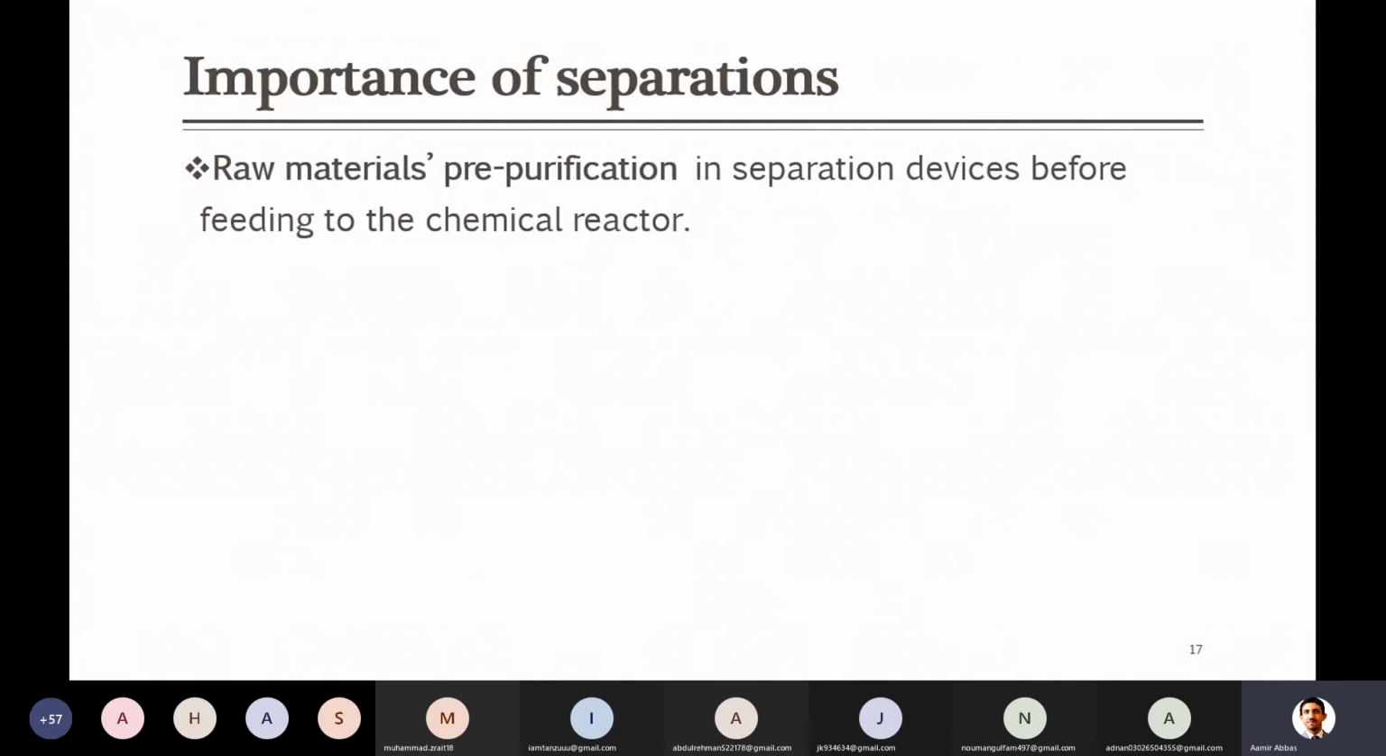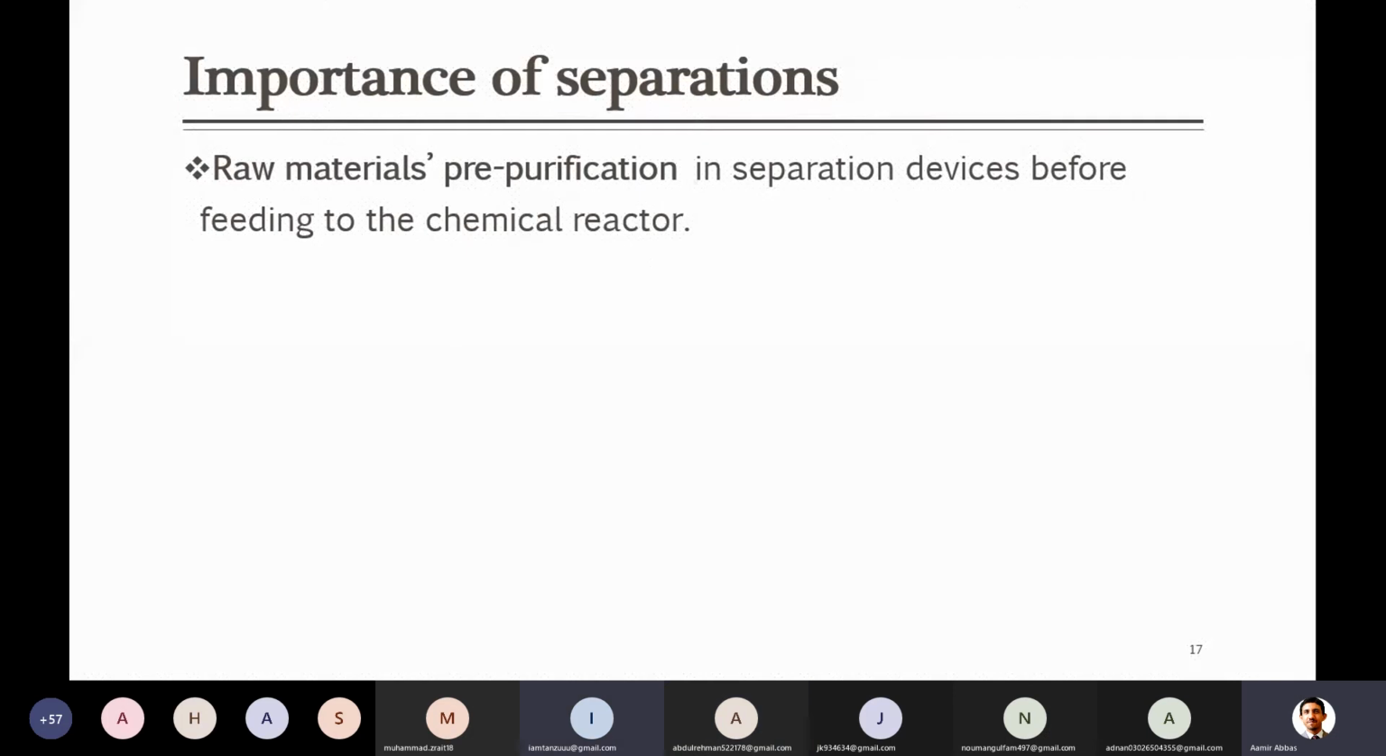So for example, the same things which are mentioned here, they are just written. For example, raw material pre-purification in order to bring it to the reactor. By the way, why do we need to purify raw material? For example, if you just bring it as such to the reactor, then what is the problem? Why are you installing